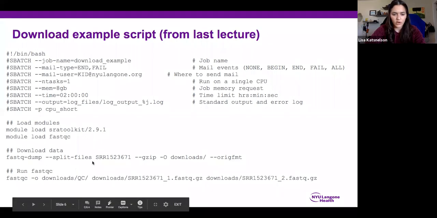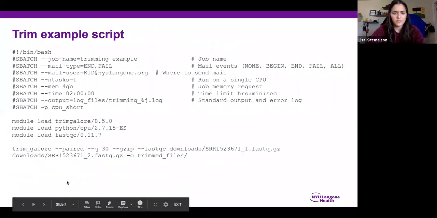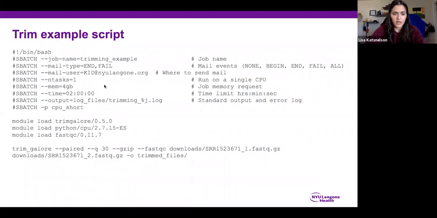Yes, so this was the downloading step and the QC step. And then this is my trimming script that I already ran. You guys can also run this in your home directory. Just make sure you submit it as a job. So for example, if you go into Nano, copy and paste this into your Nano as like a new file, or Vim, whichever text editor you want to use. Save this as a .sh script, so it's a shell script. And then just make sure all the paths are written correctly, right? So you're telling the program exactly where to go and where to find these files,